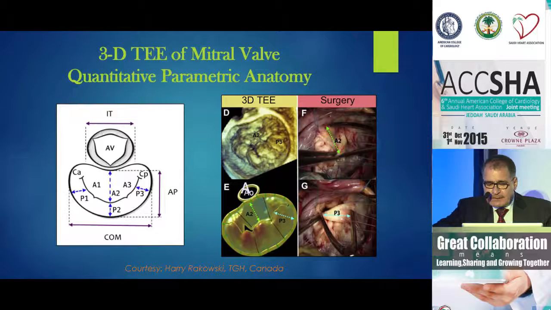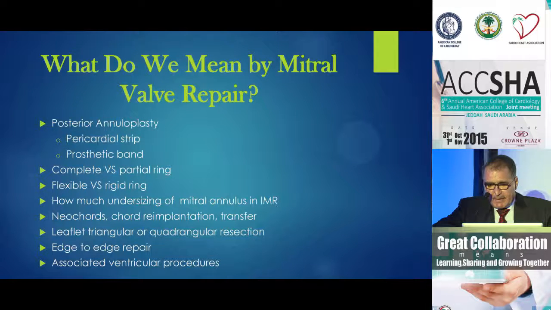The most common segment for prolapse in myxomatous mitral valve, most frequently encountered, of course, is P2. Anyway, the point is that there is a lot that we can do as echocardiographers to help really